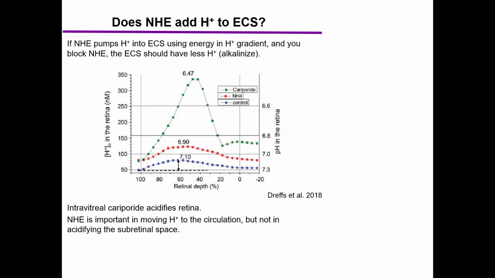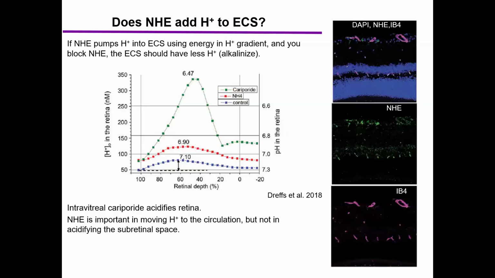Probably what's going on is that the sodium hydrogen exchanger is important in moving hydrogen ion into the circulation, but not causing acidification. So in the paper we did on metabolic acidosis, we actually were able to localize the